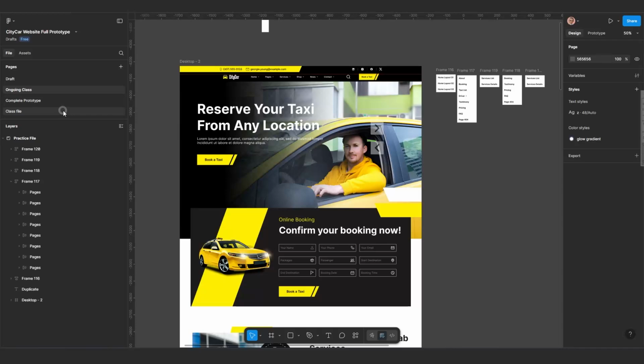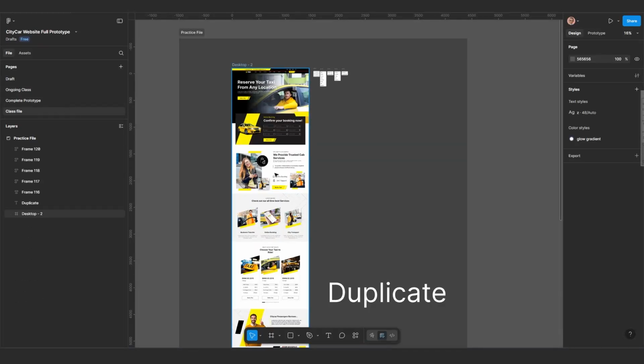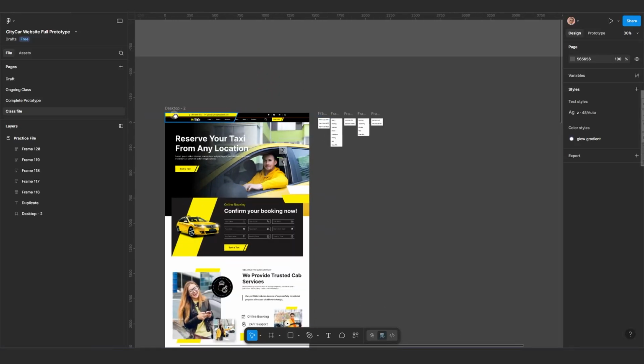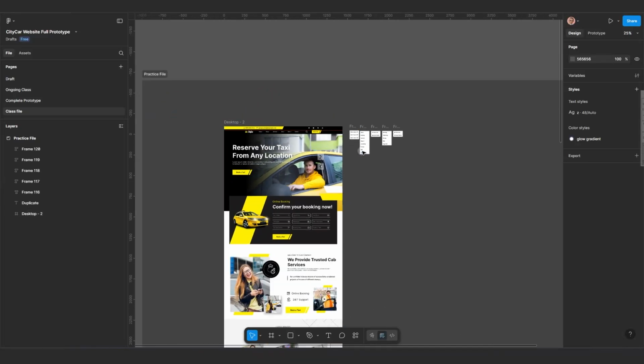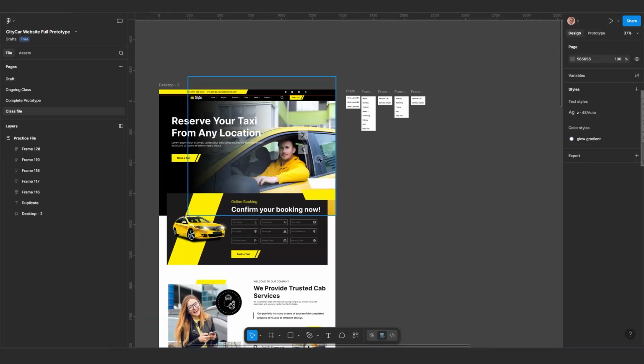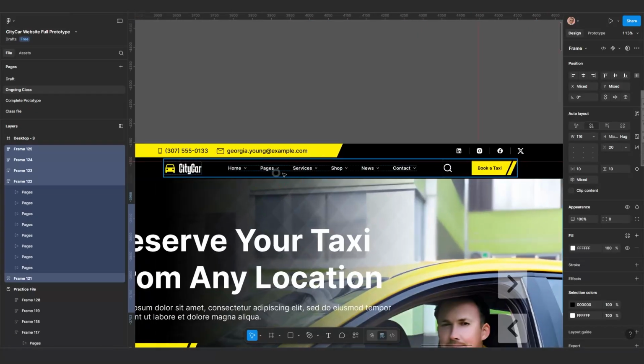Okay, all I want you to do is to click on class files, so you'll be able to have this file here. When you have this file, you can now duplicate this desktop too, and then duplicate these menus here, so you can use them and follow along. We need to start from this menu here. Every other thing you can recreate by yourself. Basically, once you know